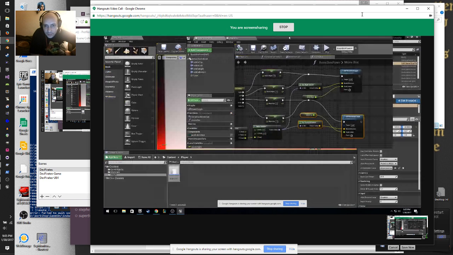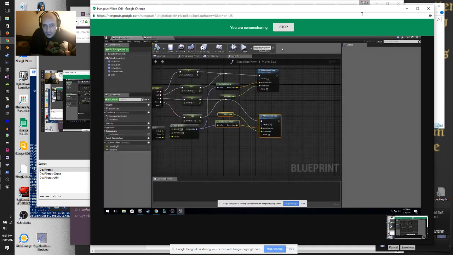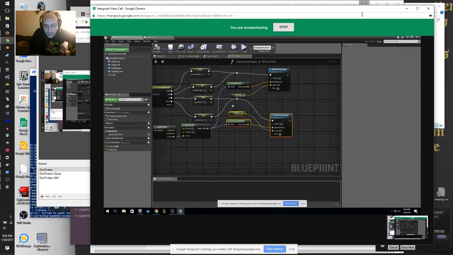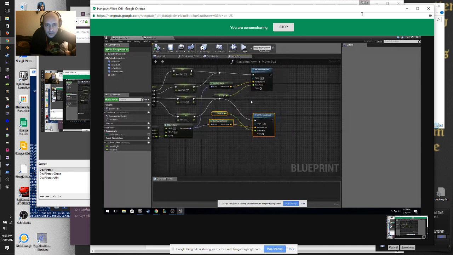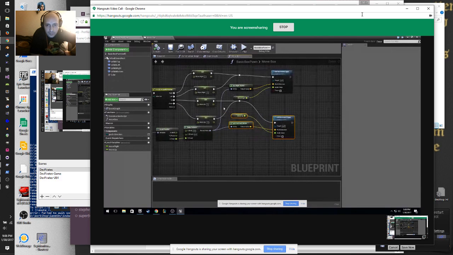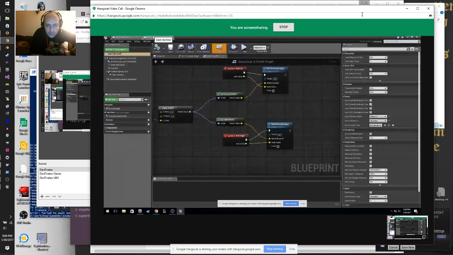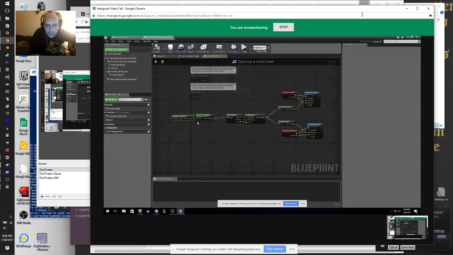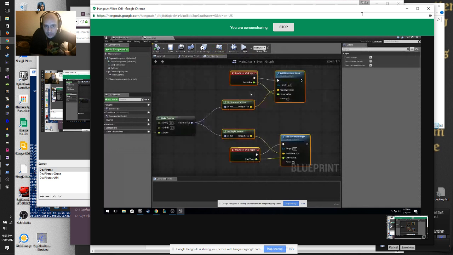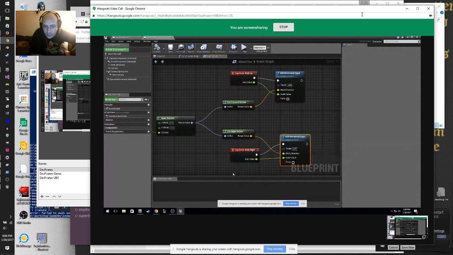Target self. What if you click force? No, you don't want to do force. I think you're going to have to add its actual location. Well, if you look at the player, this is how the player works. You get the controller, you break the rotation out, and then you just say, hey, walk. And it just adds movement input.